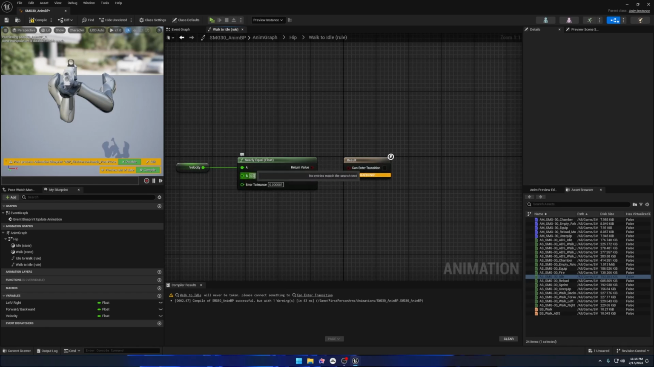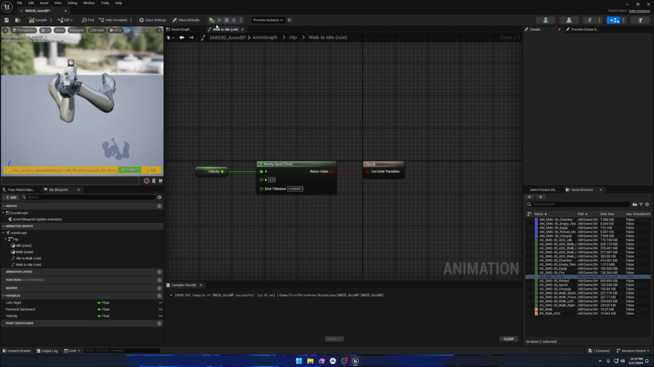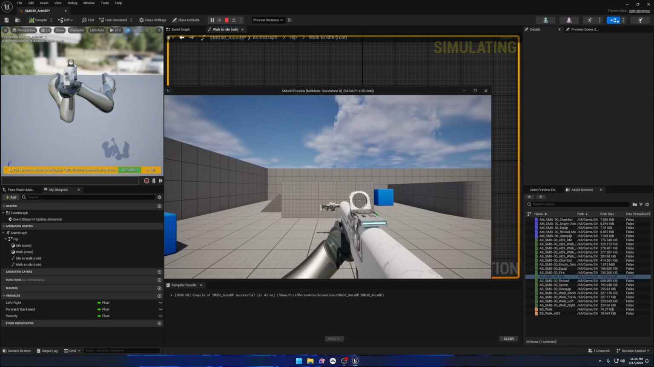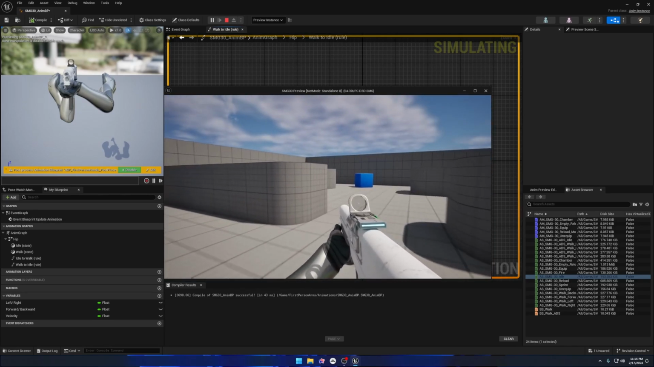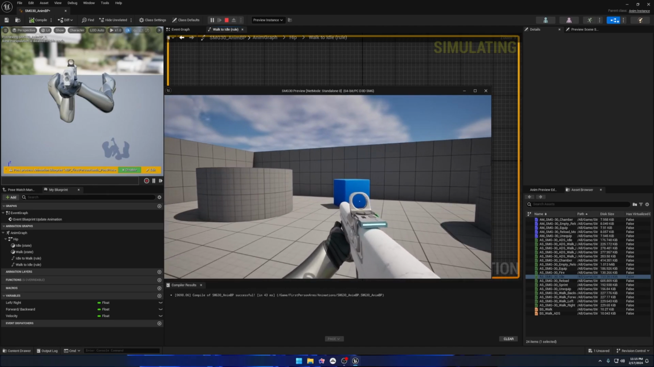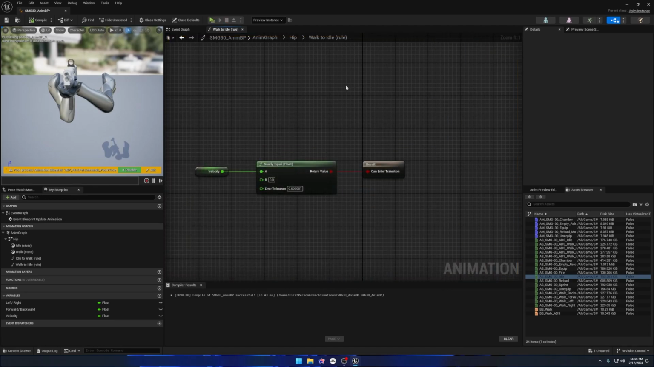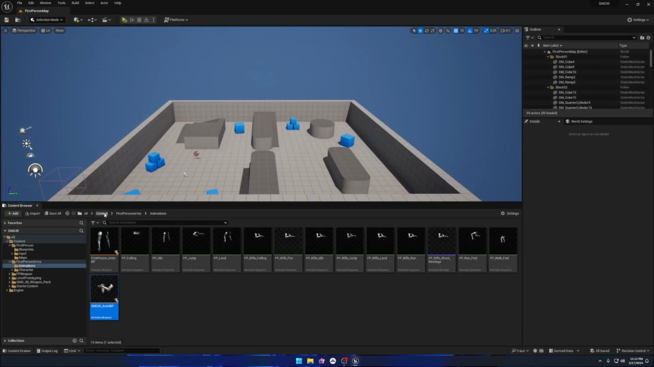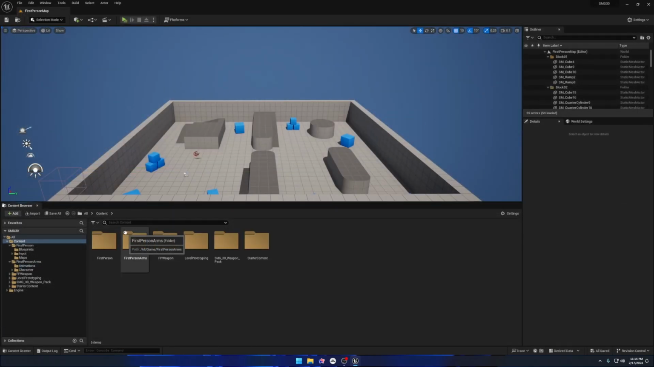Again, I'm going to say nearly equal to 0, return value, can enter transition, compile, and now if we hit play, you'll notice that when we're just standing still, our little idle animation will play, and when we start walking, we can start walking. One last thing I'm just going to do, just for completeness, is I'm going to slow our character down when walking just a little bit to make sure that that animation lines up a little bit